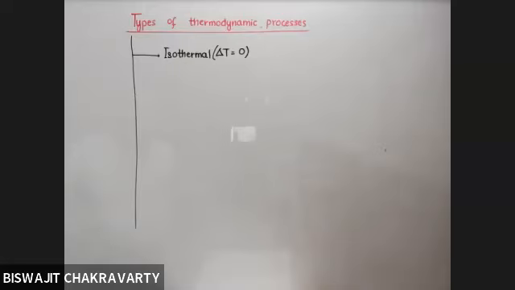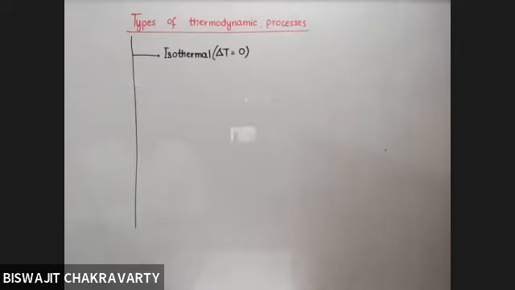So when the process is carried out at constant temperature, it is referred to as isothermal process, and the system may be open. That means there can be exchange of heat from the system to surrounding. There is no restriction in that. But what should remain same is the temperature. Now, if you are carrying out a process by regulating the temperature and you are keeping the system closed or isolated, the temperature inside will keep on increasing. Therefore, so that the temperature is kept constant, I'll have to carry out this process in open system.